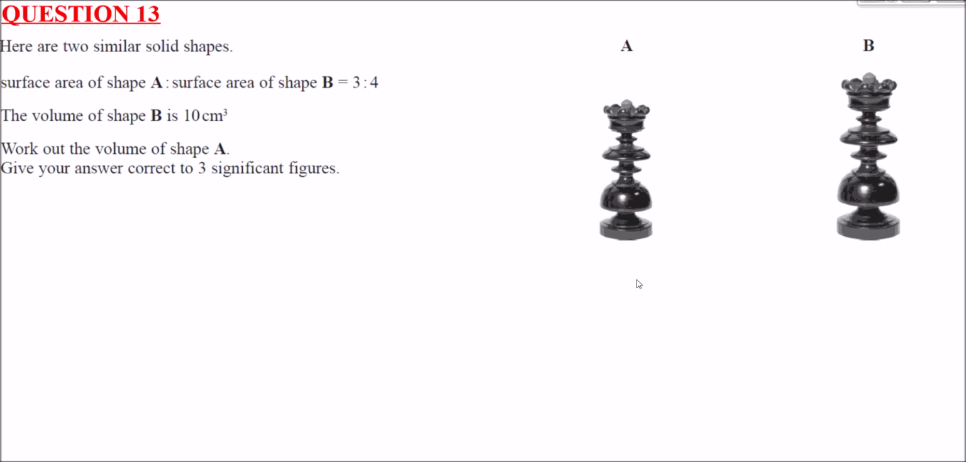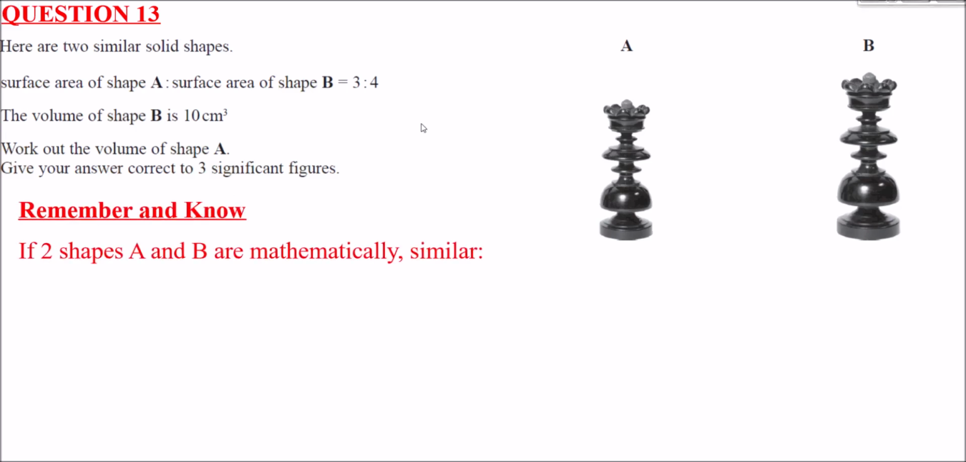Question 13, we've got two similar solid shapes. Surface area of A to the surface area of B is 3 to 4. We're told the volume of shape B. We need to work out the volume of shape A, giving answers to three significant figures. The key word here is these two shapes are similar. So if they're mathematically similar, we need to remember and know some important things. So what we need to bear in mind,